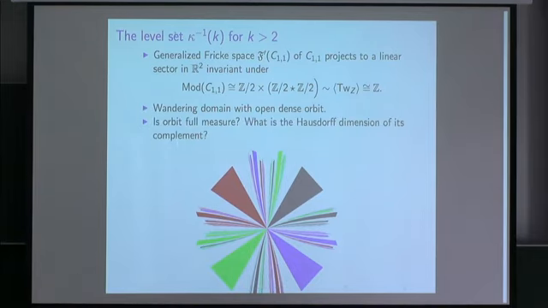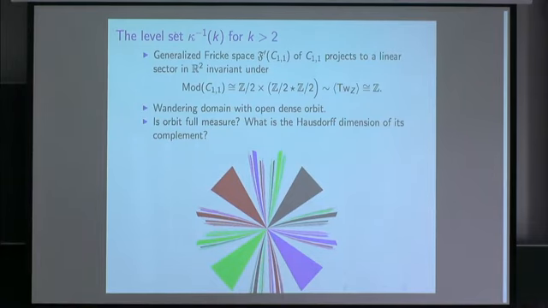It would be nice to know whether it's of full measure or, more generally, to be able to compute its Hausdorff dimension. And this is in a paper that was recently finished, a joint paper with George Stanchev, Serpil Tan, and Greg McShane, that discusses this case. So this would be one case where one has to use ideas other than the generation by Dehn twists.